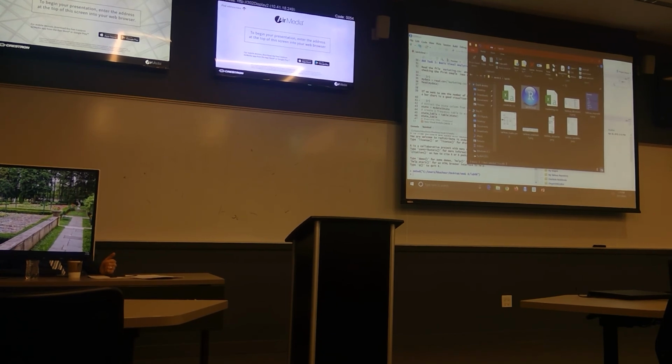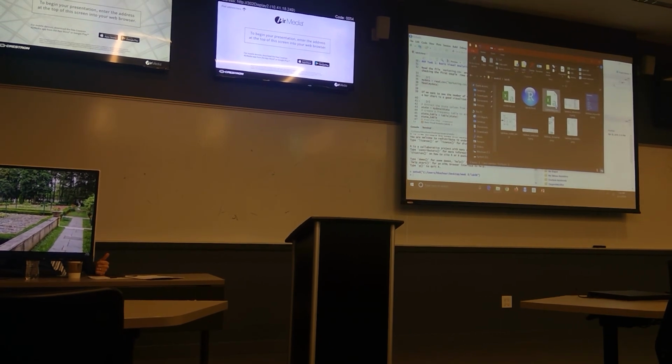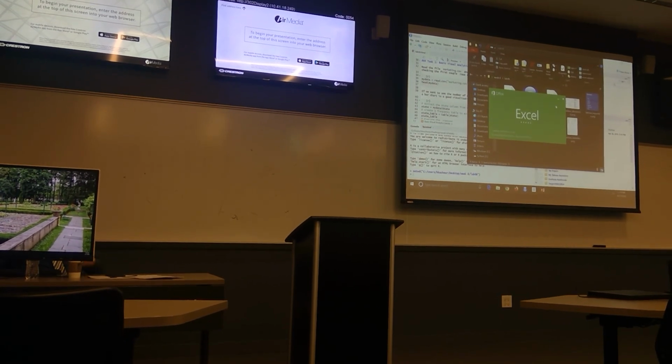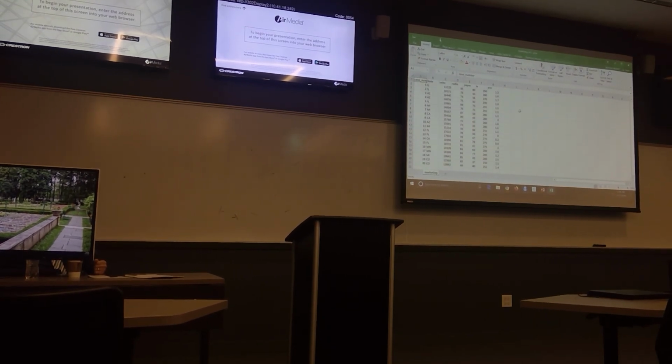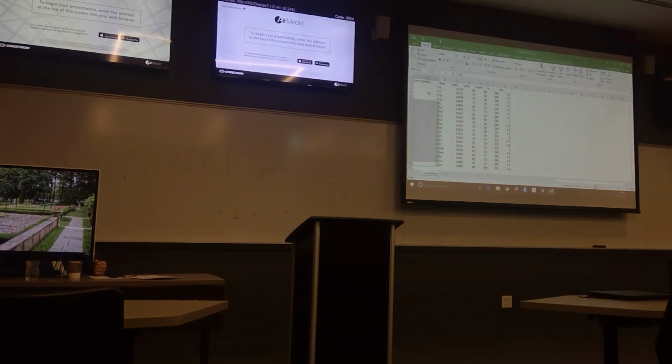So I will open it. The source is me. I gave you this CSV file. You open it, just open it and take a look at it. What is in there? How many rows? What are the columns? Before we start working in our friend RStudio. So I have 20 rows, and that is the same data that we talked about before.